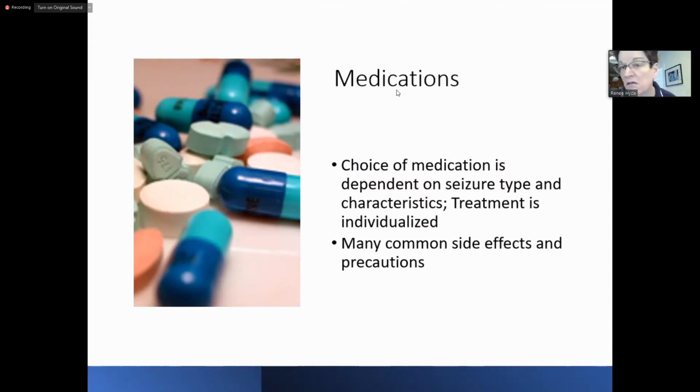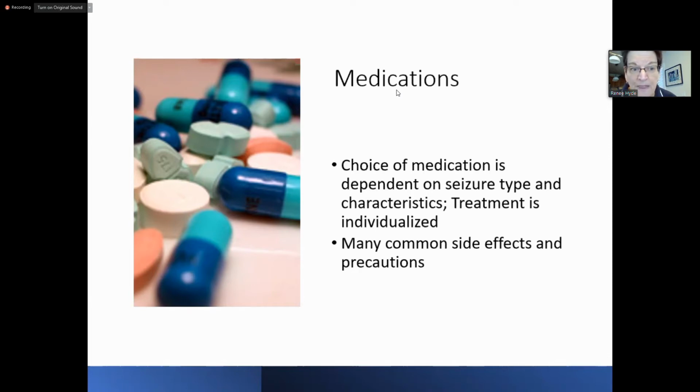People with tonic-clonic seizures will be on other types. People with complex partial seizures will be on a third type. And what may work for one patient, even with the same type of seizure, may not work for another. So it's very individualized. That's why it's very important, whenever these patients develop seizure disorders, that they are referred to a neurologist that specializes in seizure